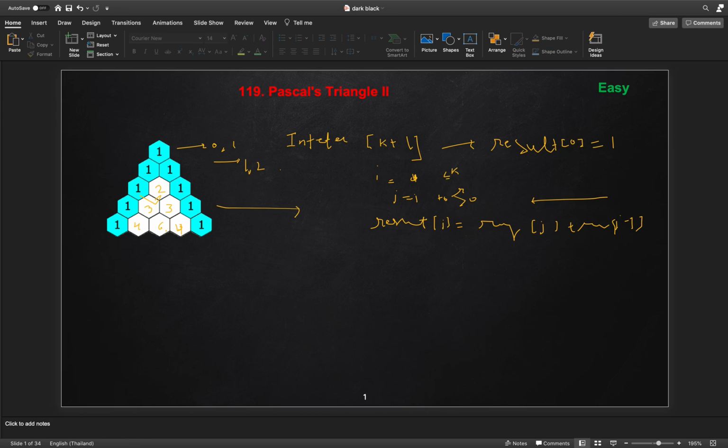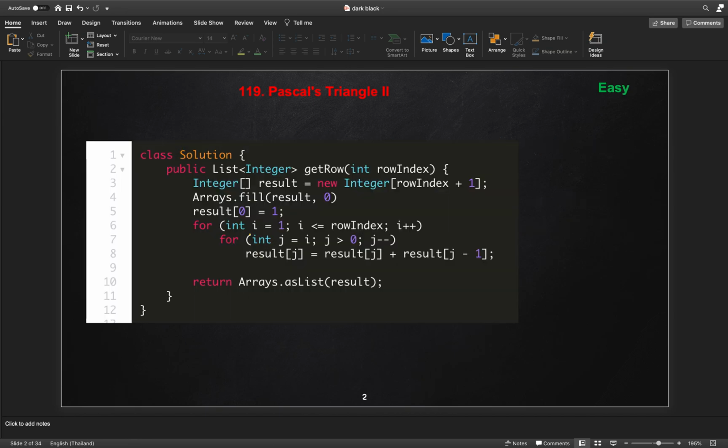For calculating the solution using this approach, we declare the array of results and fill it with 0, because the default initialization of an integer object is null, so we fill all with 0.